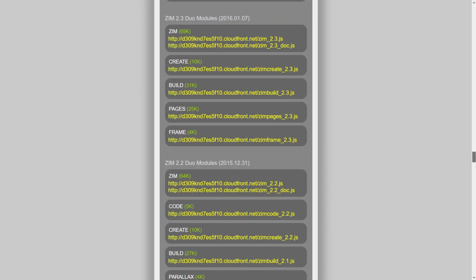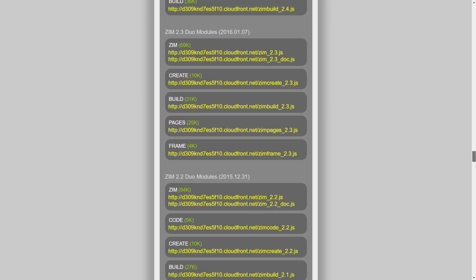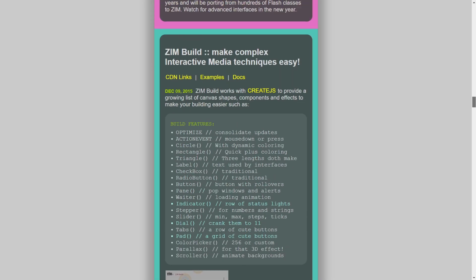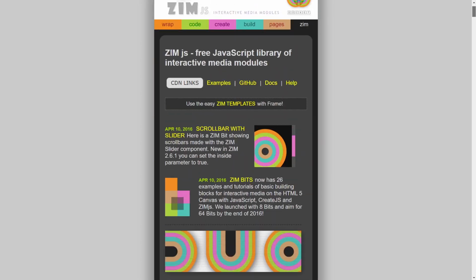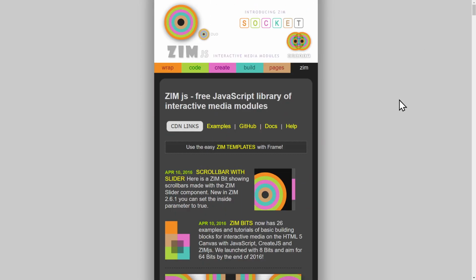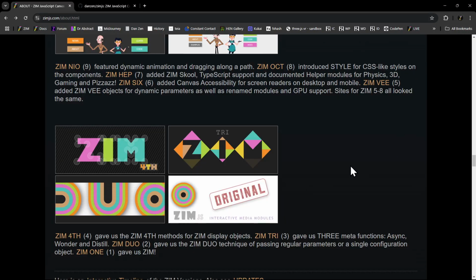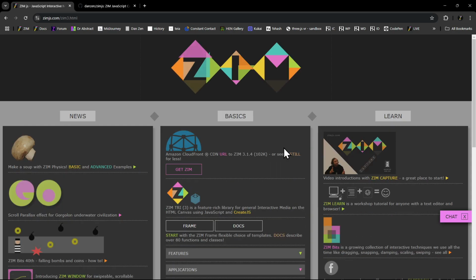So we used to have modules that you would have to grab independently if you wanted to use them. And in the end, we realized as a framework that it was probably best just to bunch them all up. And we also introduced, at one of them, ZIM Try, I think it was. How do I get back out of here? ZIM Try. I can just go back. TRI for the third one. This one right here. We introduced